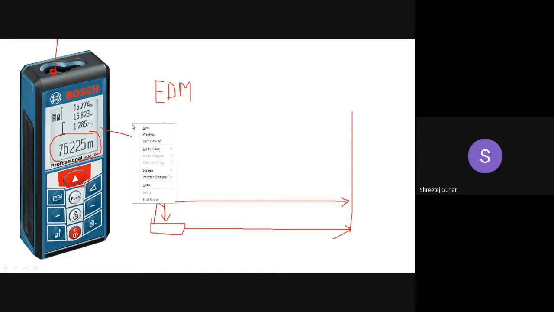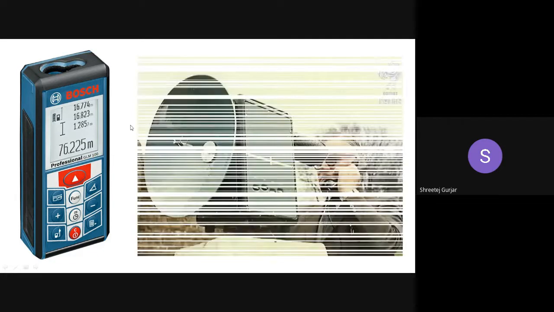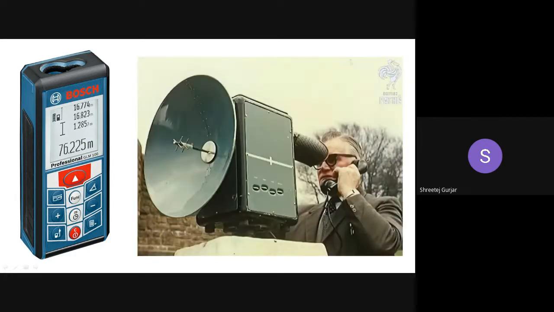Okay, so one more instrument, let me show you. This seems like an old sci-fi movie instrument, right? But this is a tellurometer. Tellurometer, a very old instrument, out of use nowadays. No one uses this instrument, right? An outdated one. A tellurometer used radio waves, right? Radio waves it used to use, and this was mainly developed during the World War, right?